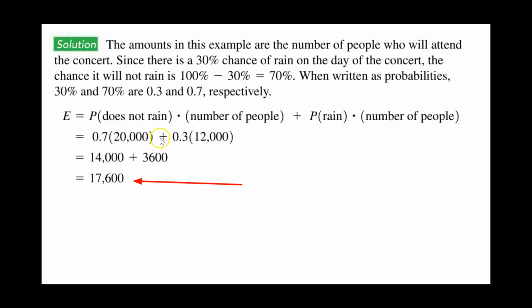Multiply the two together and add it to, if it does rain, remember 12,000 people are going to show up. So we multiply these two. So remember, in this particular formula, we're going to have a probability always times the actual number. Probability times the actual number, and make sure they go together. Not rain, 20,000 people said they will come. Will it rain? Then we have 12,000. Multiply them together, add them, and we get